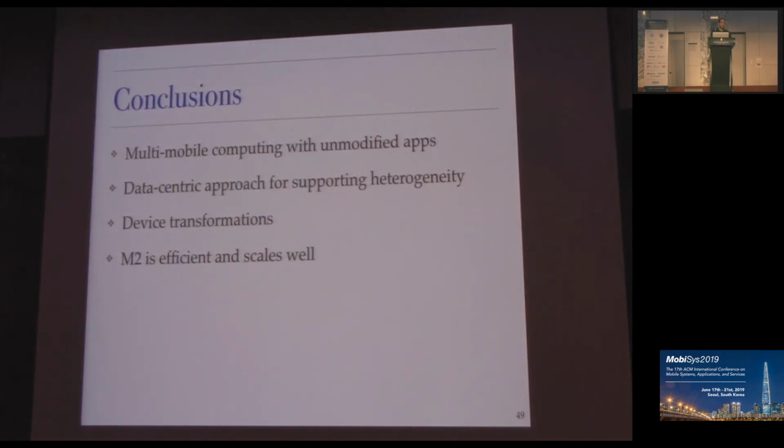I conclude this talk by pointing out the potential of multimodal computing. Our M2 system is easy to use and does not require app modifications. M2 supports a wide range of platforms and systems by sharing device data, not device calls. Furthermore, we introduced device transformations that can enhance and unlock new ways of interacting with existing apps. Finally, we demonstrated that M2 runs efficiently and scales well, especially compared to existing approaches. More apps and testing results along with implementation details are discussed in the